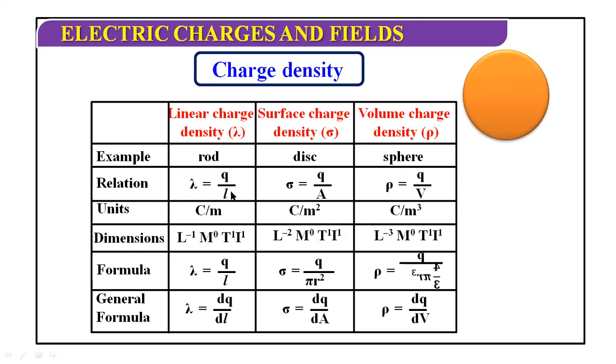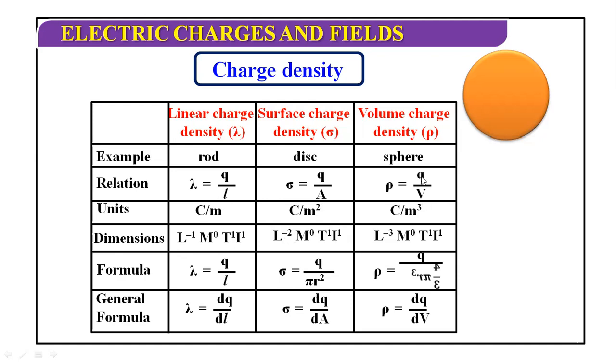So this is just a recap of all the three types of charge distribution. Lambda is equal to Q upon L, sigma is equal to Q upon A, rho is equal to Q upon V. Units: charge is in coulomb, length in meter; charge in coulomb, area meter square; again charge in coulomb, volume meter cube. And dimensions, because Q is equal to I into T, this is I from current, this is time, no mass, L raised to the power minus 1. Similarly here, Q is equal to I into T, no mass, and area is L square, so when it goes to the numerator, it becomes L raised to the power minus 2.